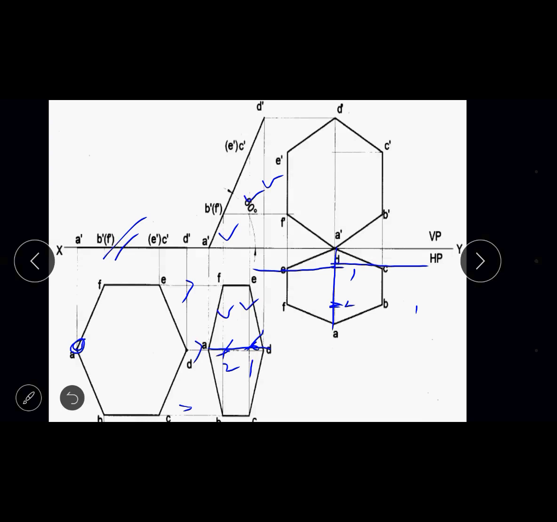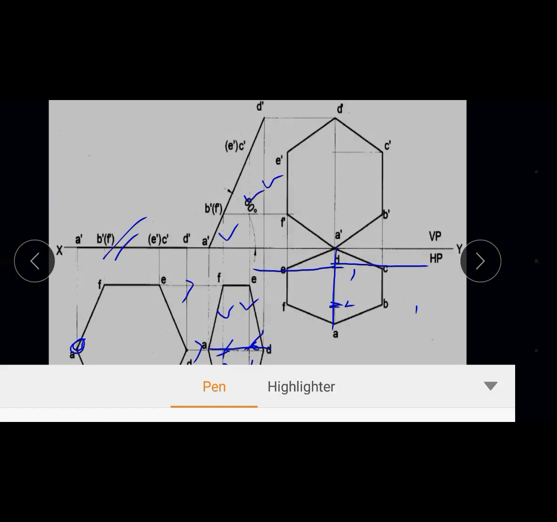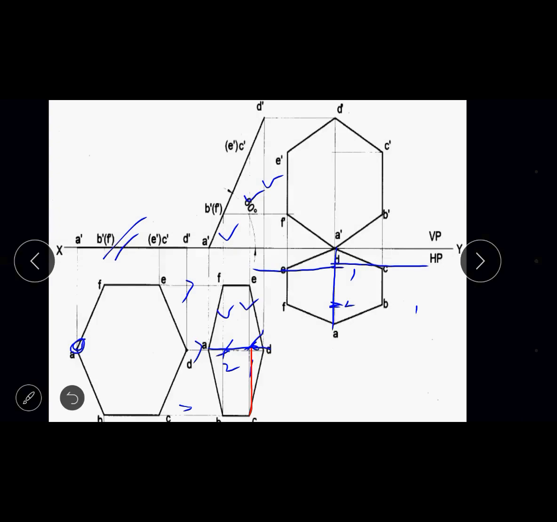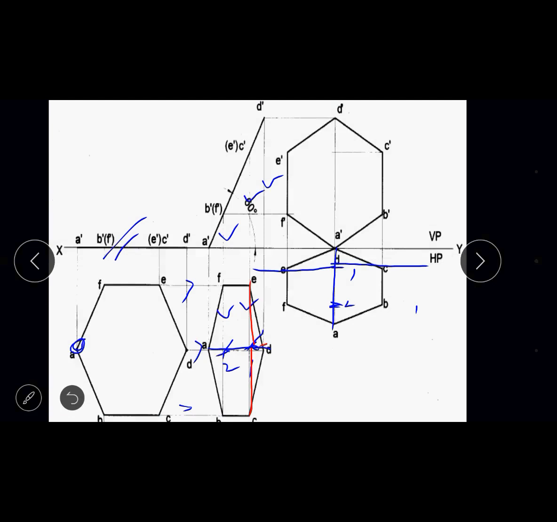Then after that go to the second figure, top view of the second figure. So measure 1 to C. You can find this dimension. Let me change the color so you can see that. So measure this distance 1 to C. I have shown it with red color. Measure the distance 1 to C, that will be equivalent to 1 to E, upward direction. So this 1 to C and 1 to E will be similar dimension. We can just measure any one, either 1 to C or 1 to E.